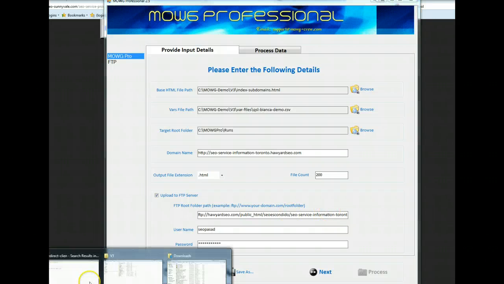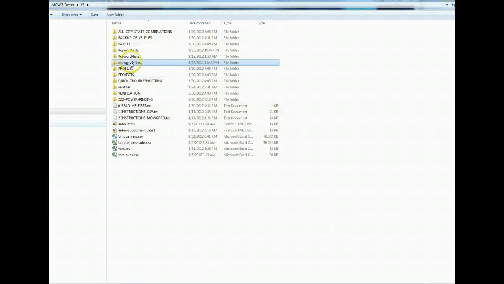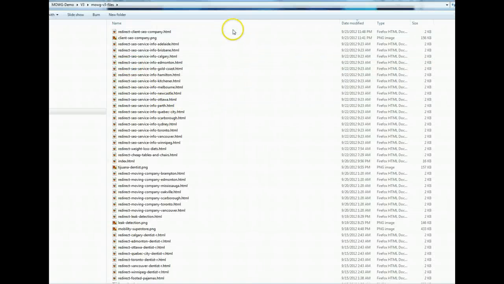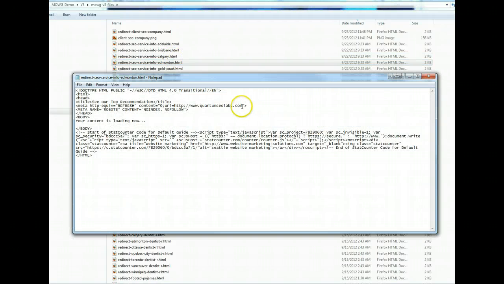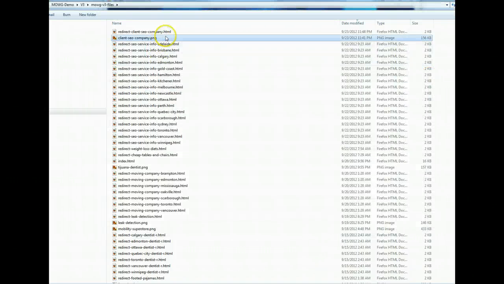But before uploading the MOWG v3 files, you have to make sure that you're doing two things. The first thing is you have to create an HTML file which has a redirect, and you can always copy the current files here and just paste them, rename them, and right click on them, go to Notepad, change only this destination. Okay, and then you have to create a PNG image in Paint, just a banner, just a fancy,